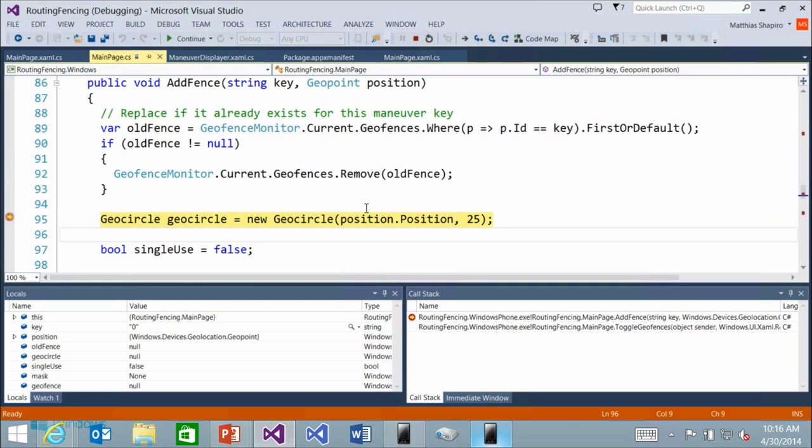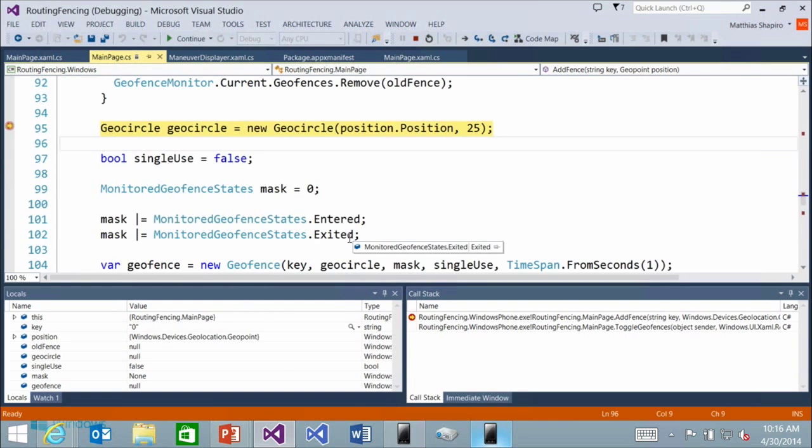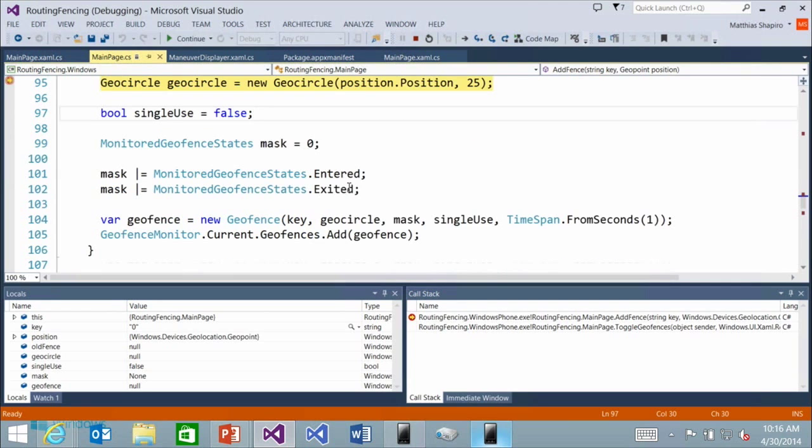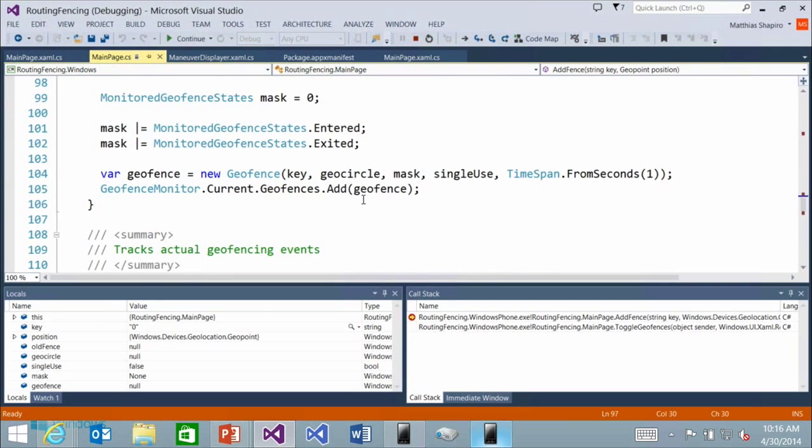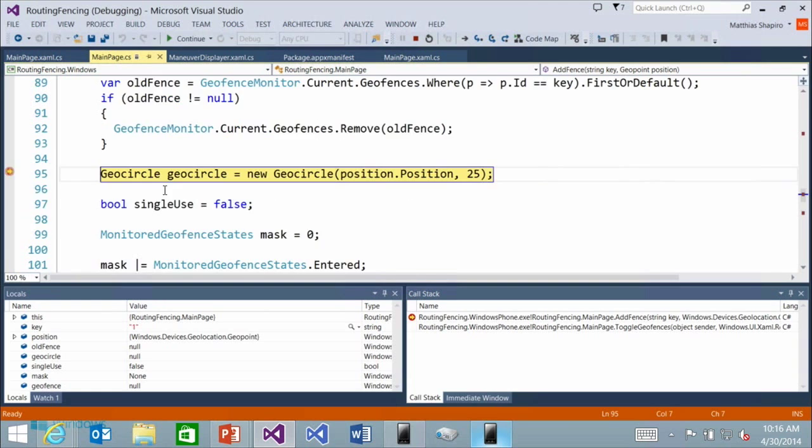We create a geocircle with a position and our desired size. And then we don't want it to be a single use. We want it to be persistent. And we want to monitor the entered state and the exit state. We create our geofence using all that information and a dwell time of 1 second. And then we add it to our geofence monitor.